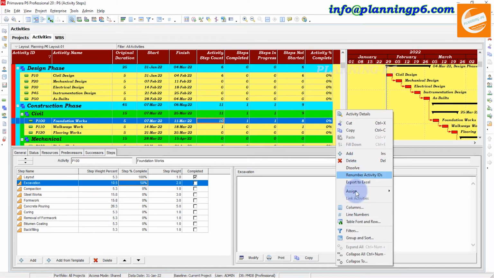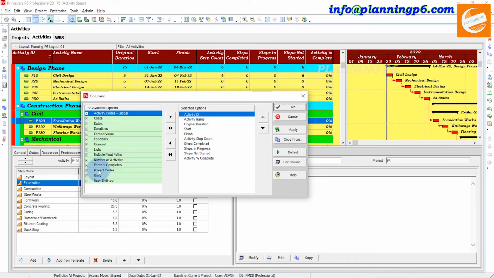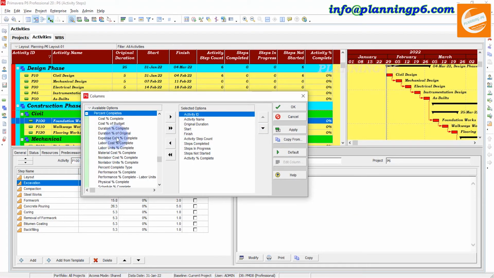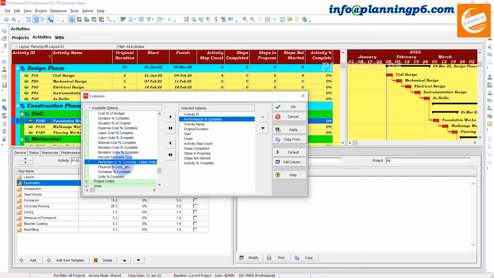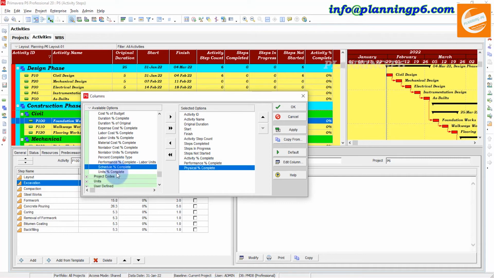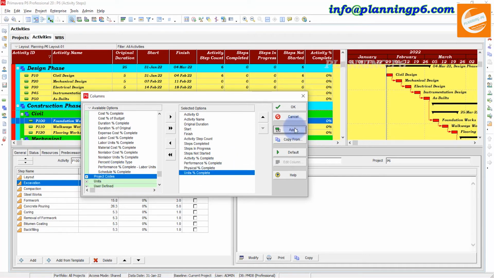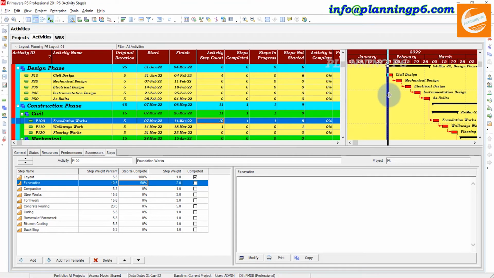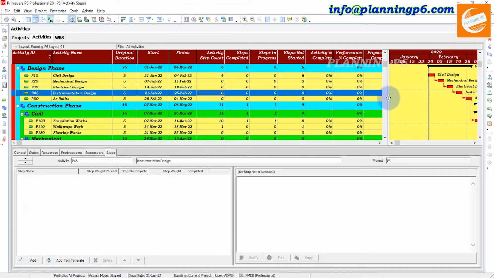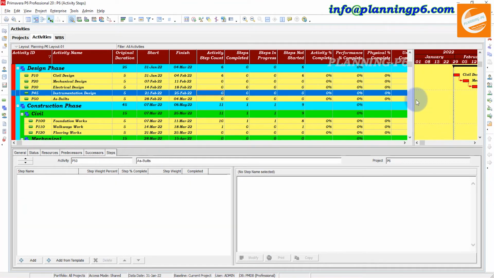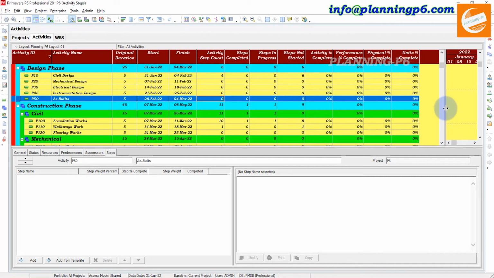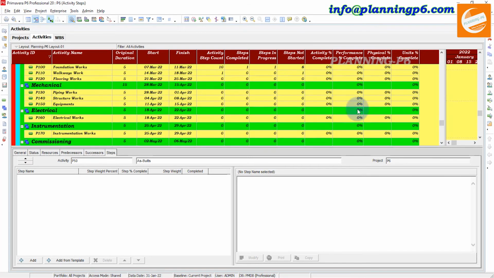After completion you can check from here this percent complete, and also units percent complete, physical percent complete, performance percent complete, whatever you want you can add from here. It will show after you assign the resources, the work will show here. Otherwise it will be 0 because I have not assigned the resources, that's why it is 0.